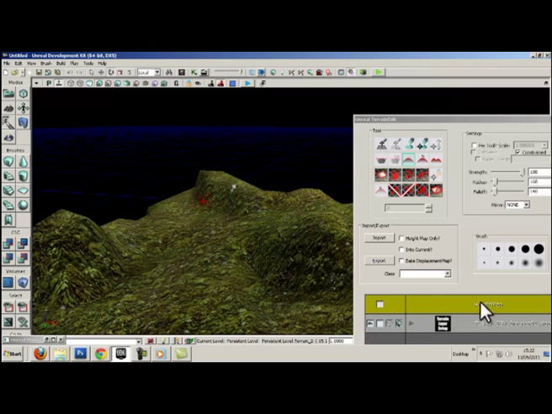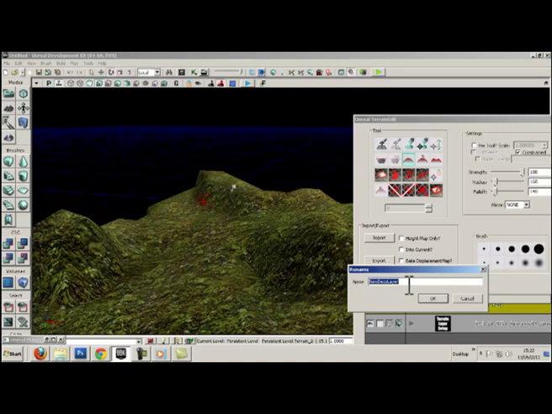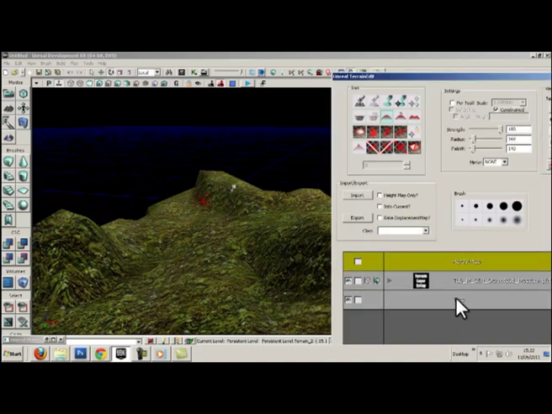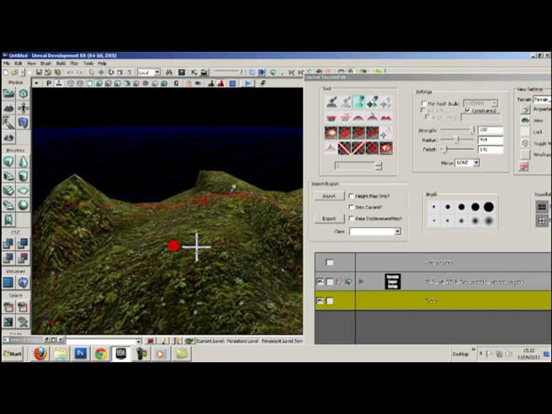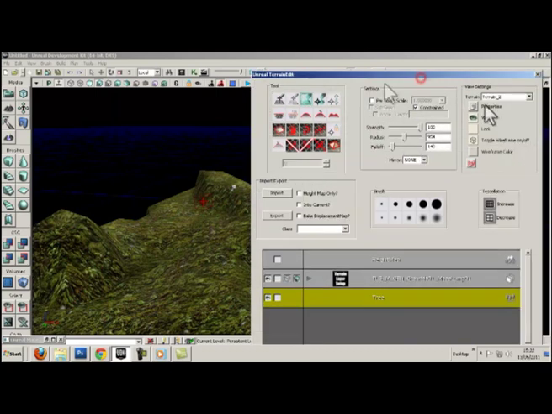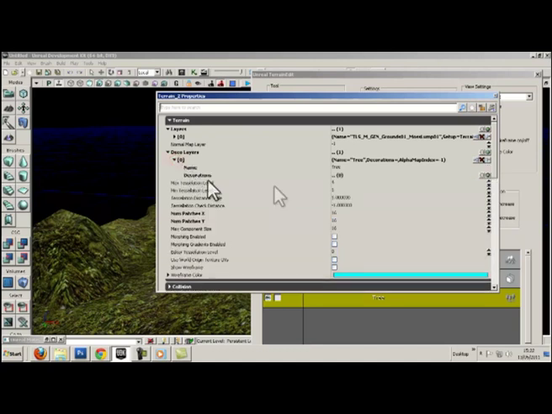You right click height map, new deco layer. Let's call it tree. And it should come up there. Yep. Now if you do anything, it won't actually appear anywhere because you haven't. Oh wait, it didn't work out right. Wait, first of all, go into the properties, go to terrain, deco layers, it should be 0, and